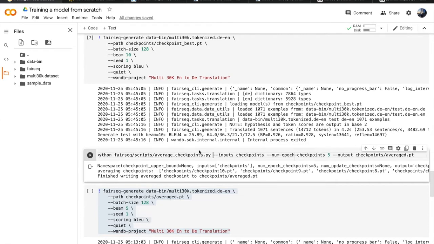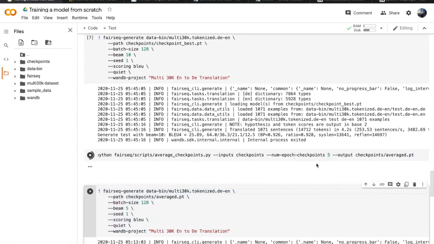So we'll discuss another great technique that we have, that is averaging checkpoints. What it does is it takes all the checkpoints that we have trained. I don't think Colab is listing it. Okay, all right. So what it does is it takes the last five checkpoints and takes an average of them and saves it to a different file.